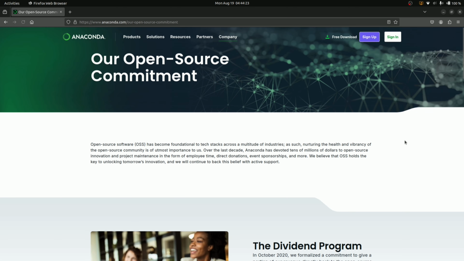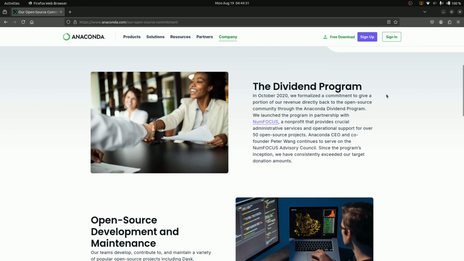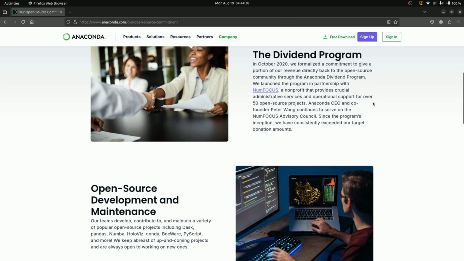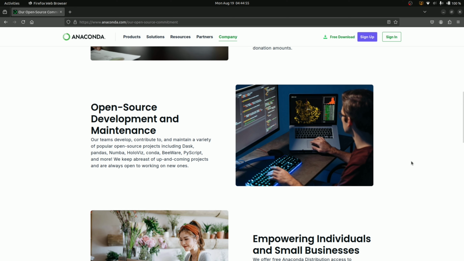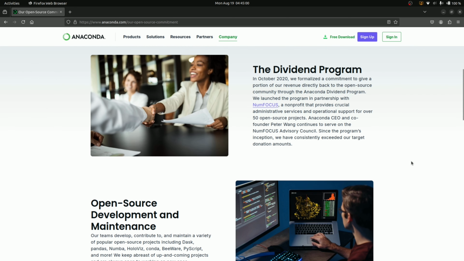Here is a little bit about the open source commitment of Anaconda, the dividend program, which is basically the financial program it has towards non-profit organization funding, the open source development and maintenance by Anaconda's own staff. So not only does it finance other companies and organizations for developing new products, but it